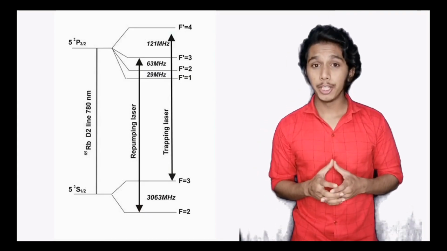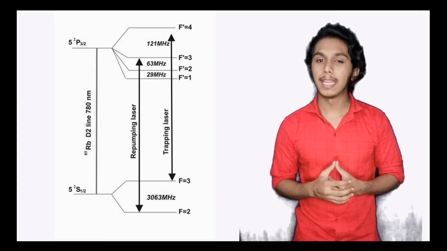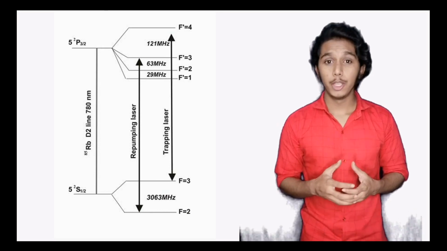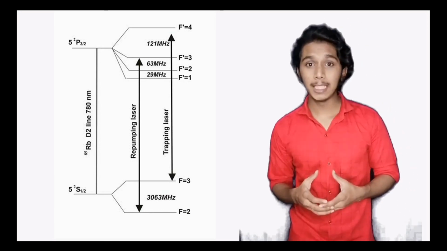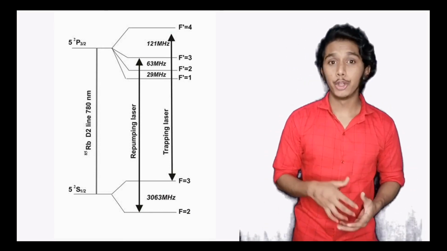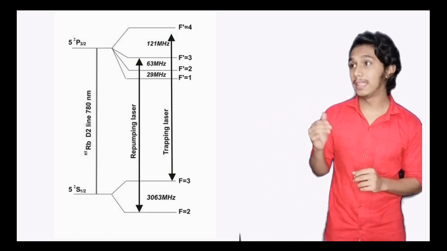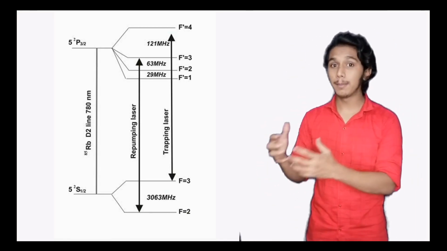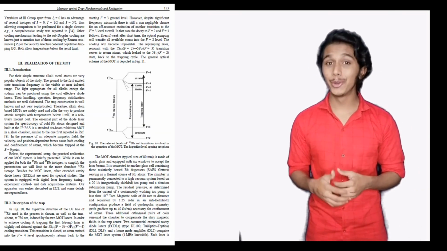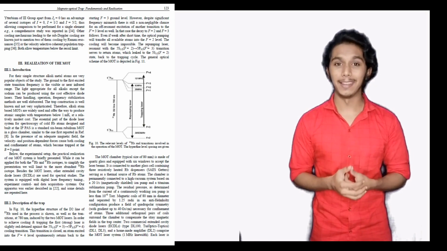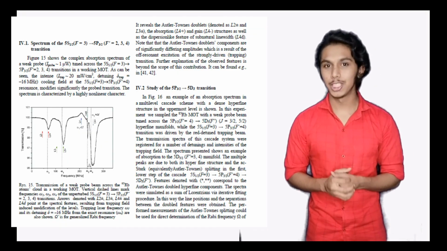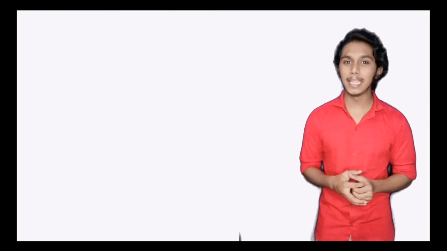This diagram over here is representing the energy level diagram of the rubidium atom. You can see the excitation is taking place from the 5s½ level to the 5p3/2 level. In this you can see that the 5p3/2 level is split into sublevels due to the Zeeman shift. To understand the whole mechanism, we need to go through these papers, and unfortunately we don't have so much time. So let's move on to the applications of laser cooling.